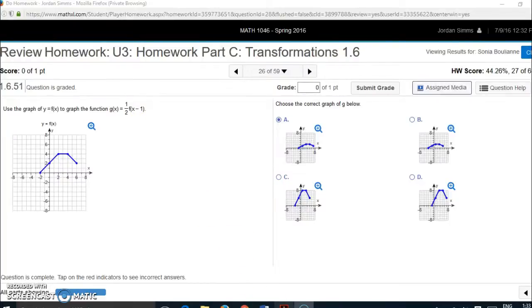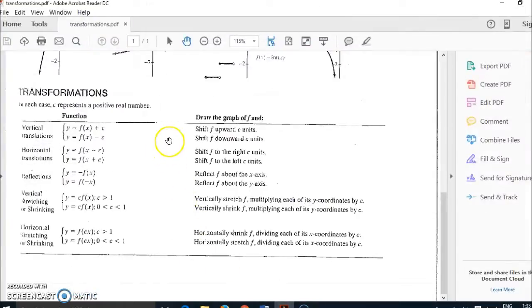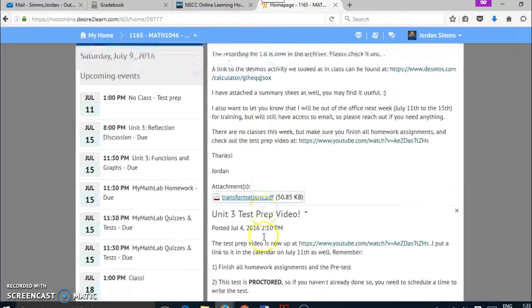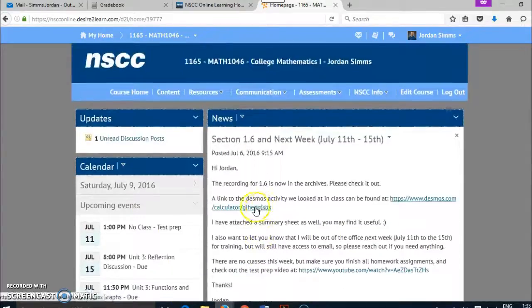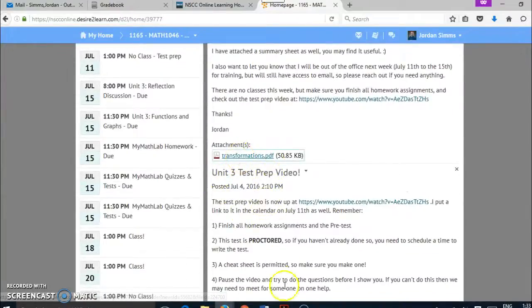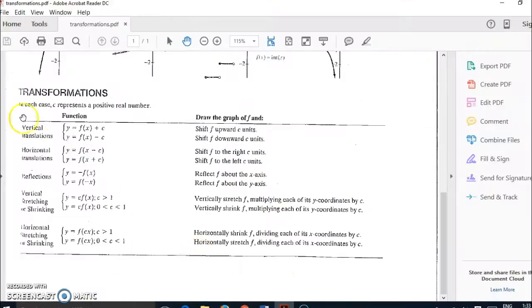Just as an aside, if you go to the D2L website where I posted the lecture for this material, I attached a PDF. Let me show you that. If you go under News, here's section 1.6, and there's an attachment, which is transformations. If you scroll down to the bottom of the page, it summarizes everything that we've